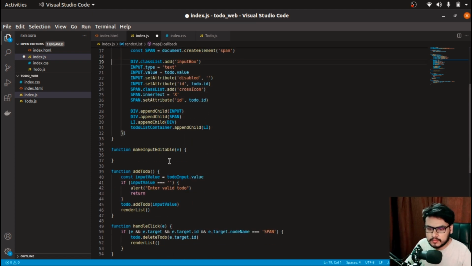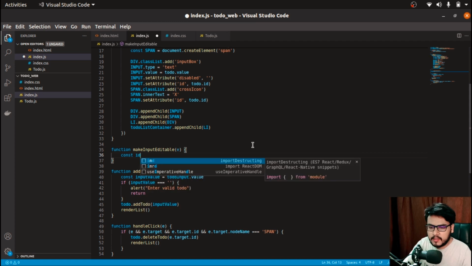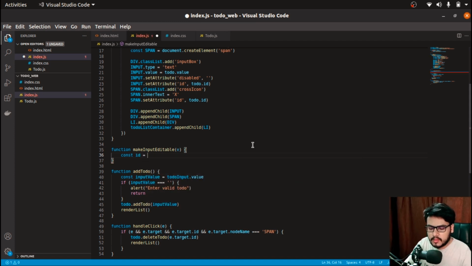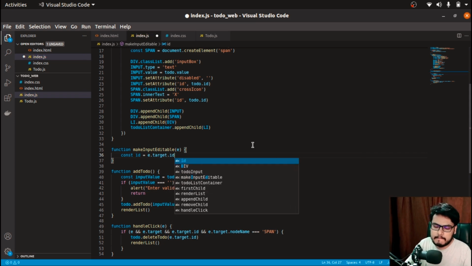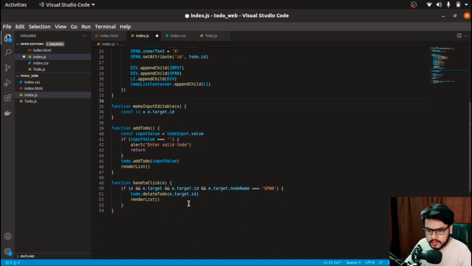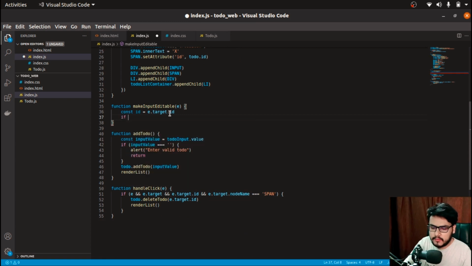Okay, and I'll get the ID over here: ID equals event.target.id. This is what we were doing, right? So I got the ID, and if not ID, then just return, else